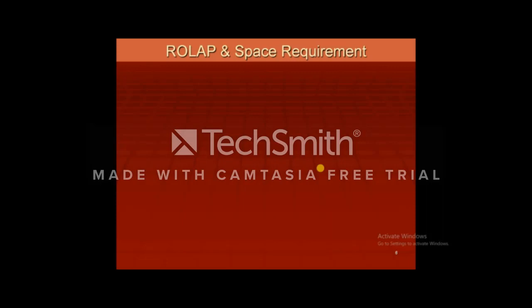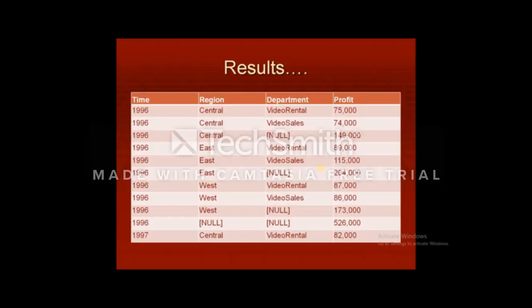In our last lecture, we were discussing different dimensions and the fact tables, and we were also discussing how we can generate summaries from those tables using SQL statements and the cube clause. In that statement, we discussed that different results, different combinations, or different summary tables can be generated. If we take a look at the whole result, we can calculate different summary tables using this statement.